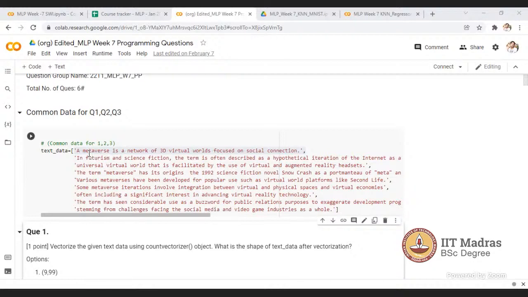If you have the word metaverse, you calculate how many letters are there, say 7 letters. So you create a dictionary with a key and value. In the key part you plot this metaverse at the value of 7.